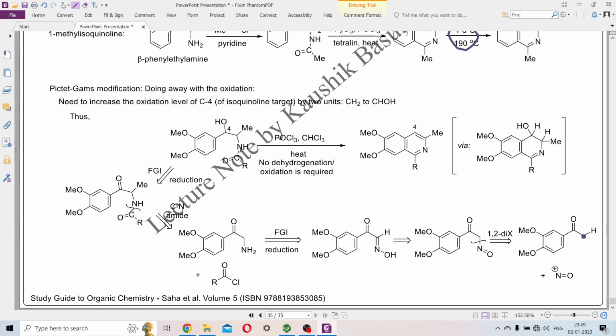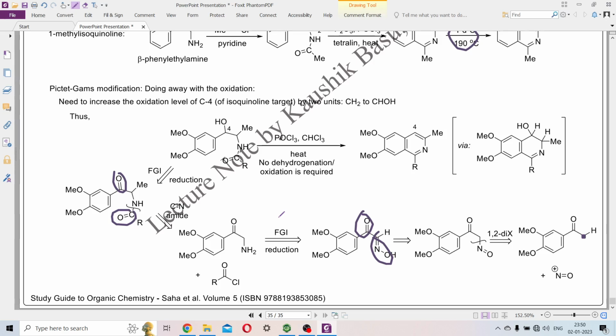The amine can be acylated. The reduction will give you the amine. The ketoamine will give rise to the amide, and this amide can undergo further reduction to achieve this hydroxyl group at C4, and then you have the ring cyclization. So this will require a careful control of reduction of this one in presence of this carbonyl, reduction of that one in presence of this carbonyl. So not a very easy method to go about, but it is possible,